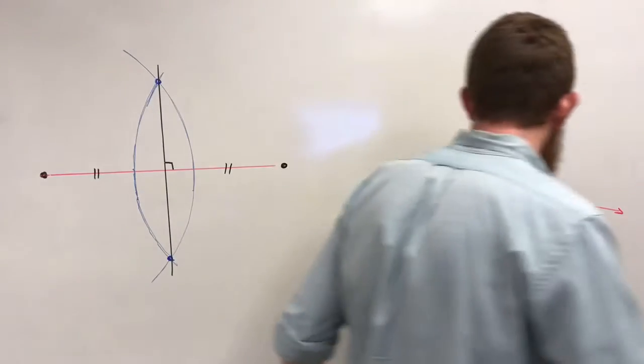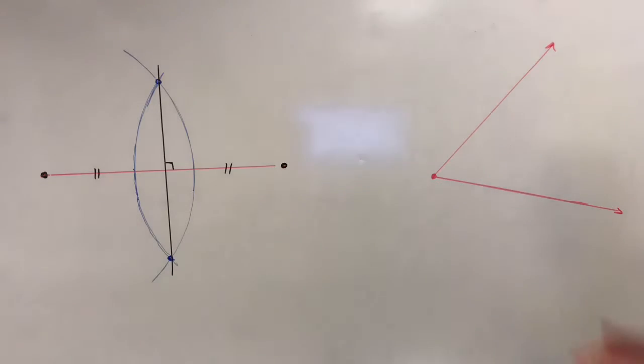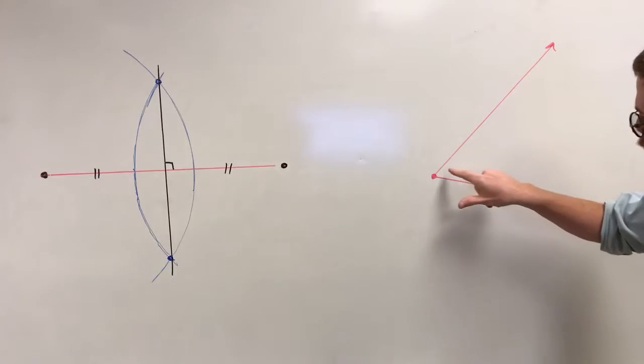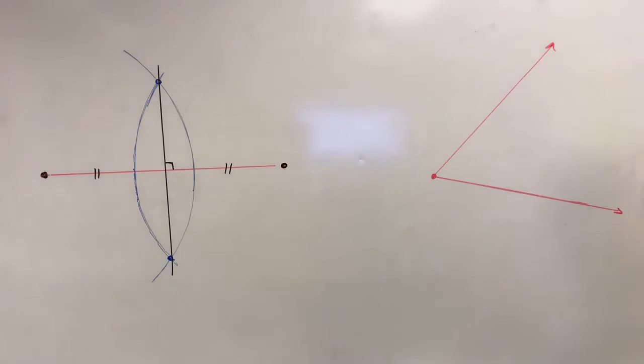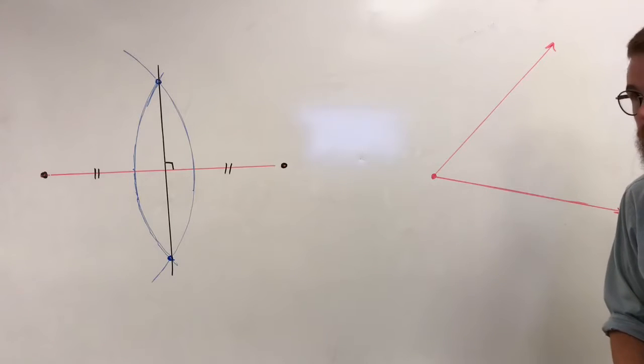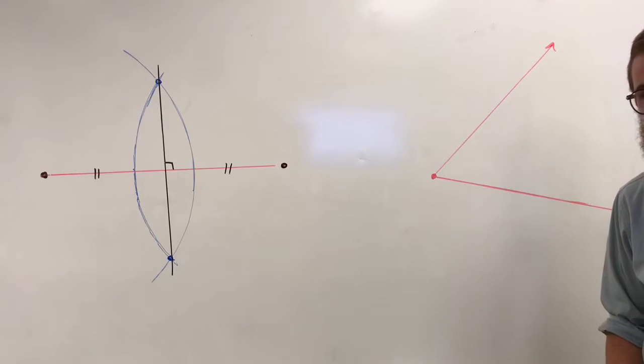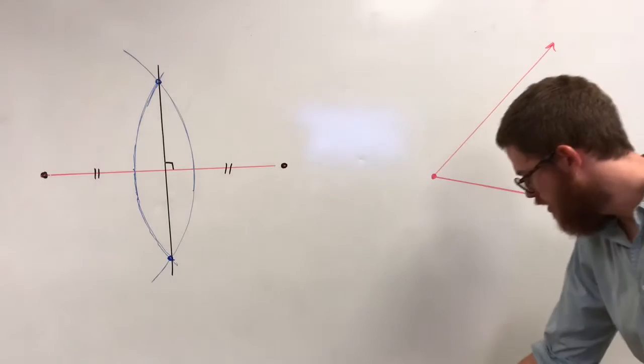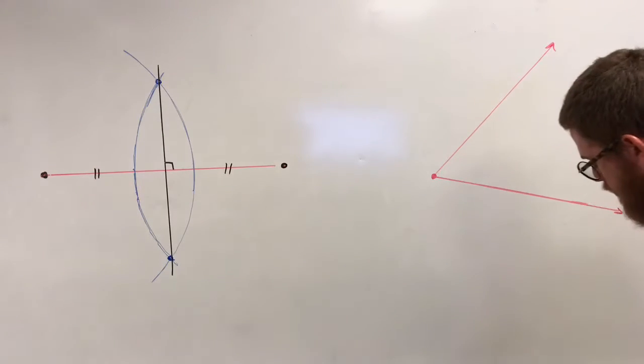Moving over here to our angle, remember our goal is to bisect this angle, so we want to draw a line through the middle that will split this angle into two congruent angles. So we know what we expect it to look like, but what is it actually going to look like? All right, how do we do this? Well,